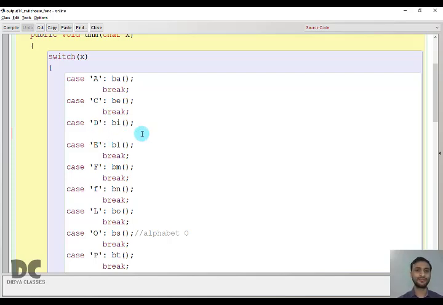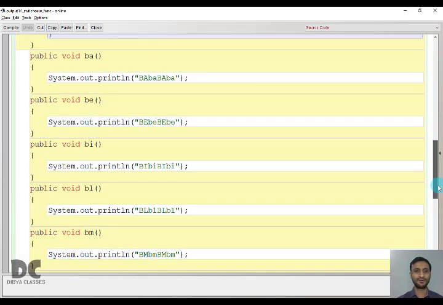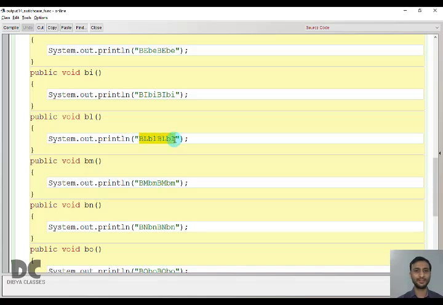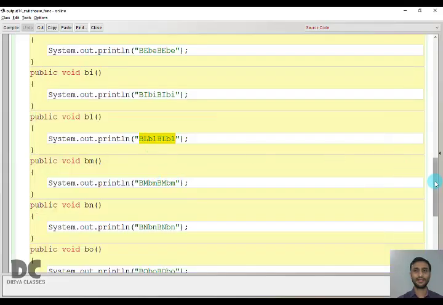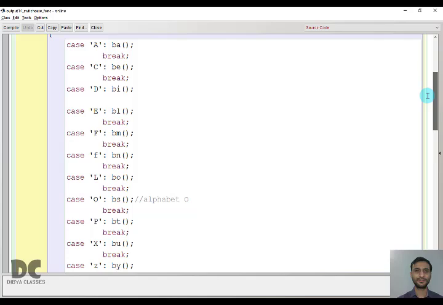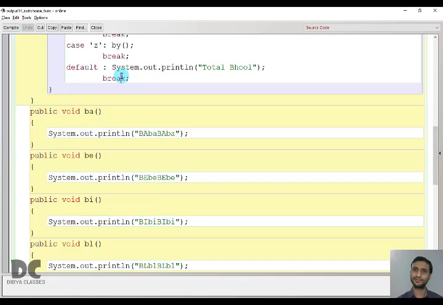So here break is not there, means it will automatically enter into the next case, that is case E. And when you enter into the next case, it will call the function BL and it will print BL. Again it will return back to BL. And now break is present, so it will stop the switch. So understood? The fall through, what will happen? It will automatically enter into the next case till a break is executed. Here break was executed, now it stopped. So to stop a switch, you have to use a break.